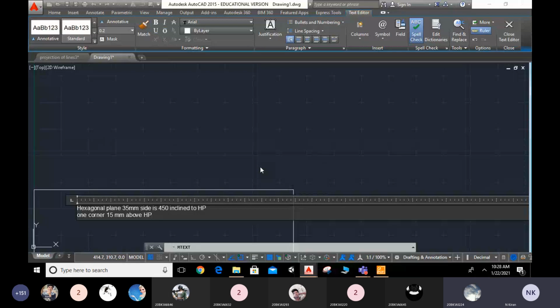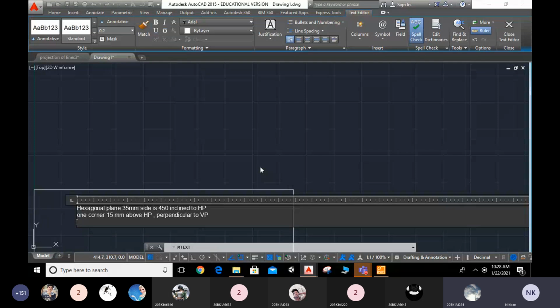Perpendicular And to then VP and perpendicular to VP. And perpendicular perpendicular to to VP. next. And one of its side. And one of its side. And next. 10 One of its mm. side 10 mm in front of VP. Yes, sir. One side 10 mm in front of VP.